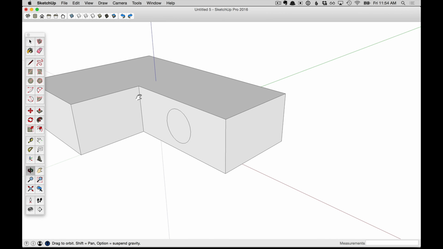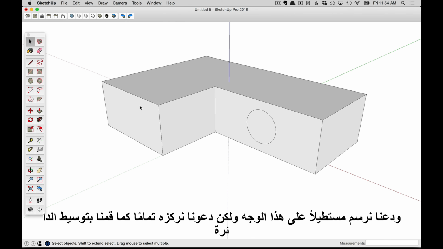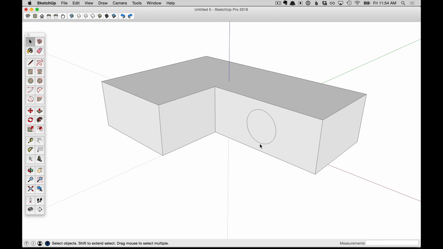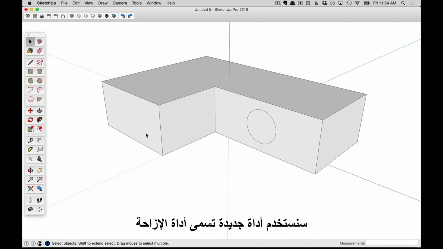Zoom away a bit and pan over to the left here. And let's draw a rectangle on this face, but let's center it just like how we centered the circle. We'll do this a little bit differently though. Rather than use the rectangle tool, which will be difficult to center, we're going to use a new tool called